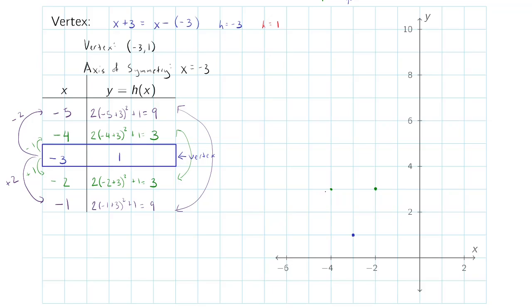And then we have a point at negative 5, 9, and another one at negative 1, 9. So then when we fill in our parabola, starting at the vertex, making a smooth curve up through our points to the right, a smooth curve up through our points to the left,